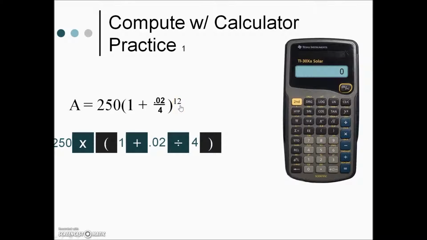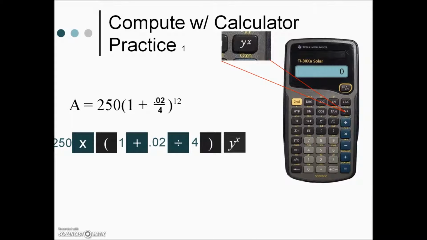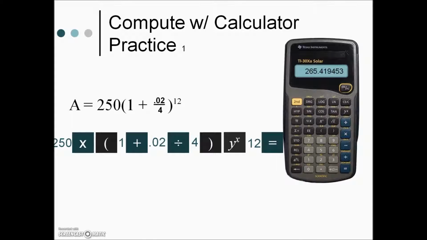That's an exponent, so we have to use our power key on our calculator. On this model, our power key is right above the division sign. There's an enlargement of that. Other calculators, it might be an x to the y, or it might be a caret, which is an upside down v. And then we'll enter the number 12, and finally, to calculate this value, we will enter the equal sign, giving us a value of